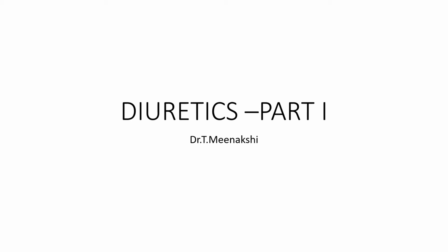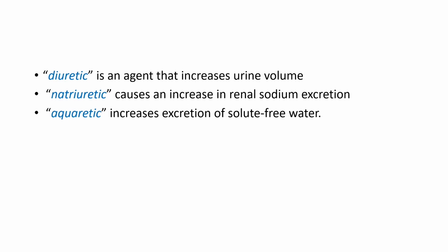About diuretics in this class. The term diuretic is an agent that increases the urine volume. Natriuretic refers to those agents which increase the renal sodium excretion, and aquaretic means those substances which increase the excretion of solute-free water. So here we are going to see about diuretics, which increase the urine volume mainly by increasing